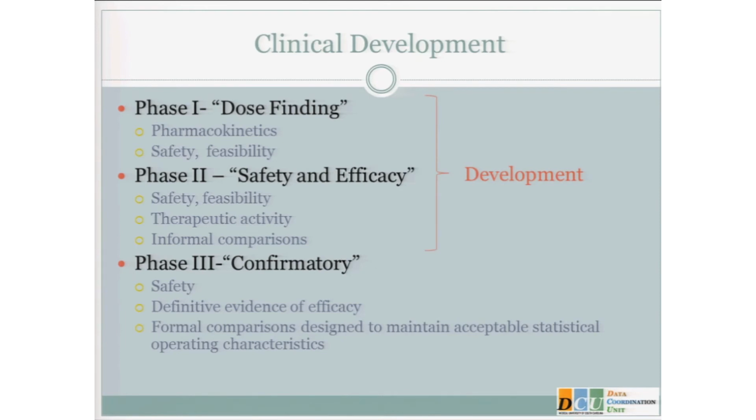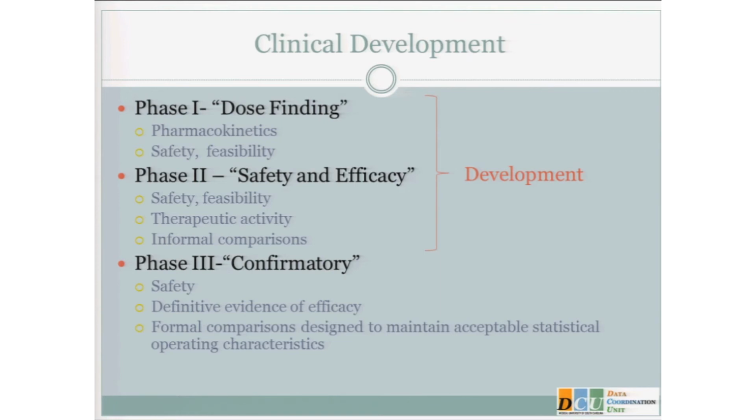In phase 1, we typically refer to these as dose-finding studies, and here we're interested in assessing sometimes pharmacokinetics, always safety and feasibility, okay? And this is true of any intervention, not just of a pharmacologic agent. We're trying to establish what the dose is that gives us the most likely impact when we move to future